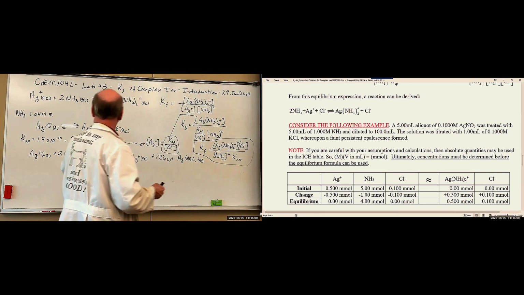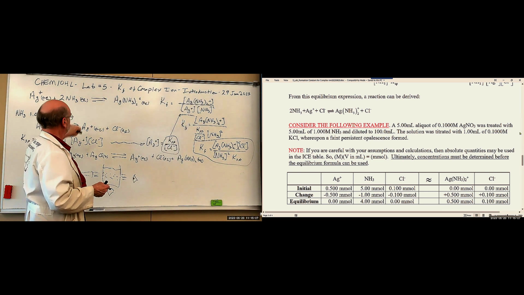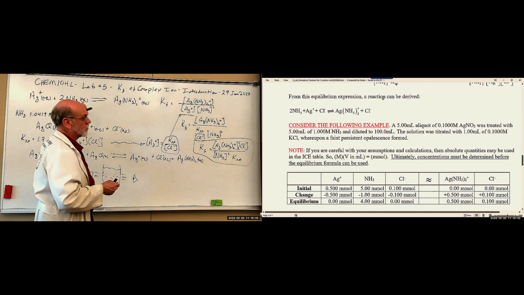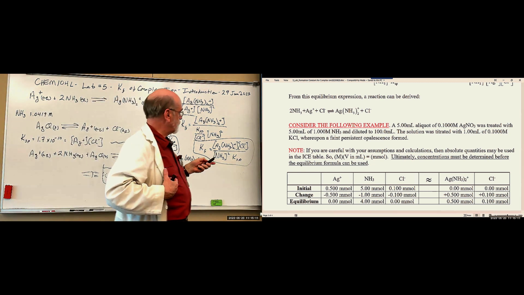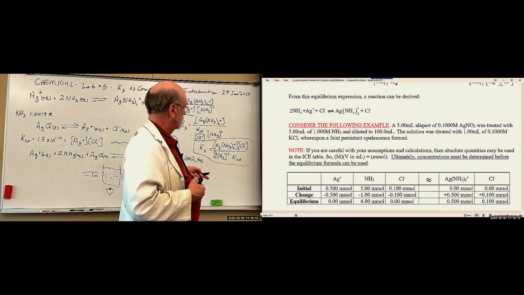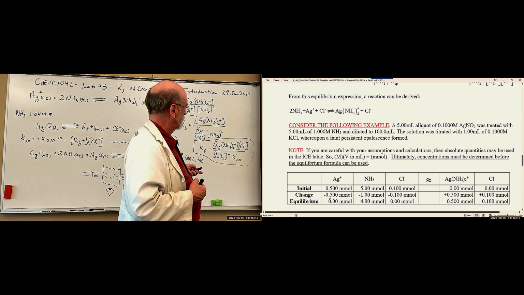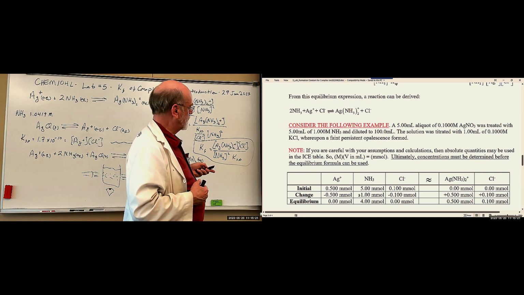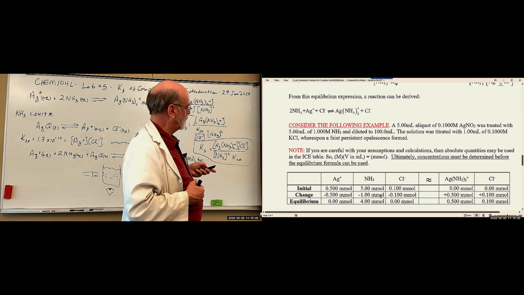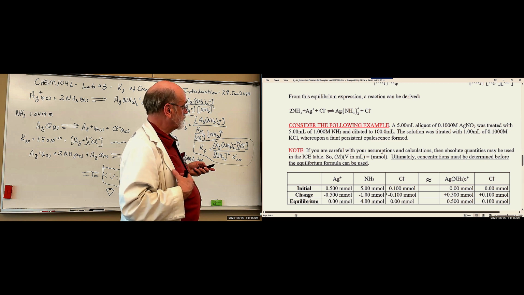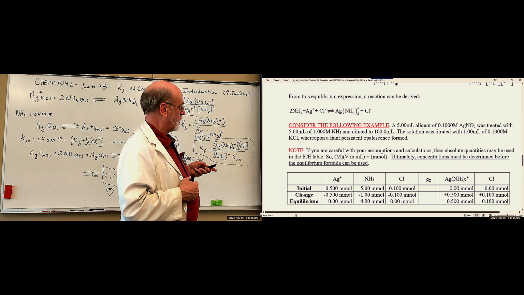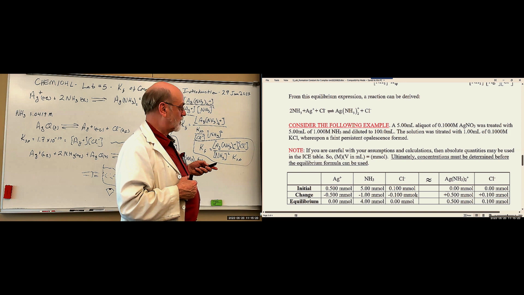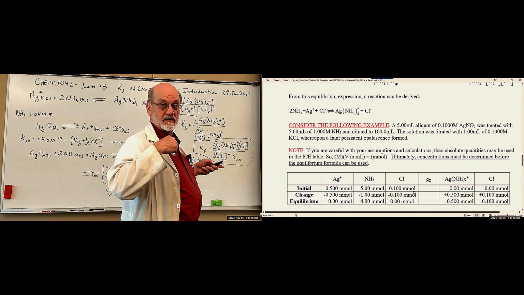So for every one of these, use 2 of those. That's why this value is 0.5 here, and you're losing 1 millimole of ammonia, but you're losing all of the chloride